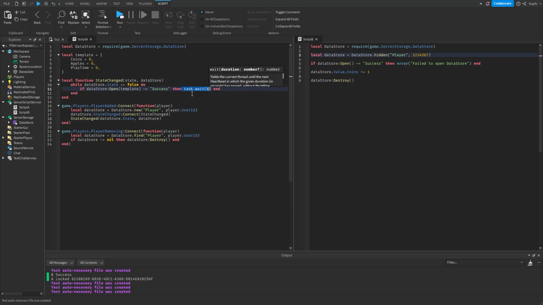Wait 6 seconds, and wait again. So now this data store is going to constantly wait until the data store object is unlocked. And once this adds the coin and destroys and unlocks the data store, now this data store object is going to be able to open and continue like normal. So currently, this script and this script no longer conflict with one another, but